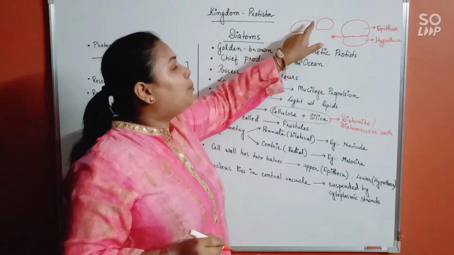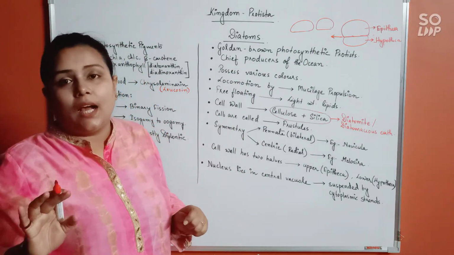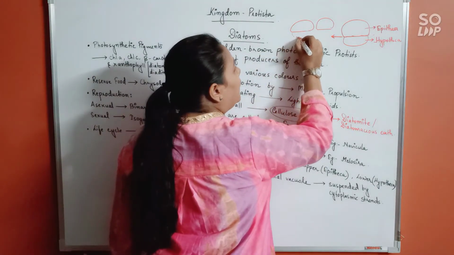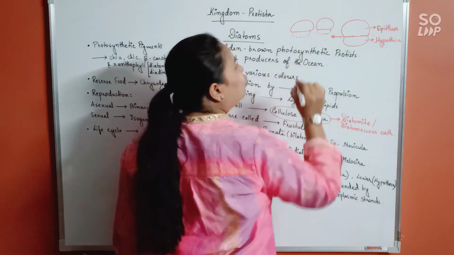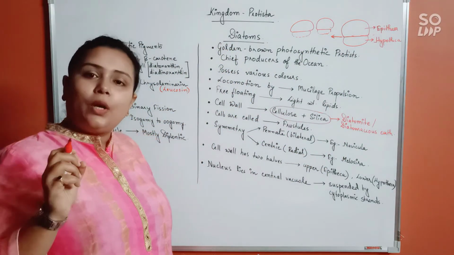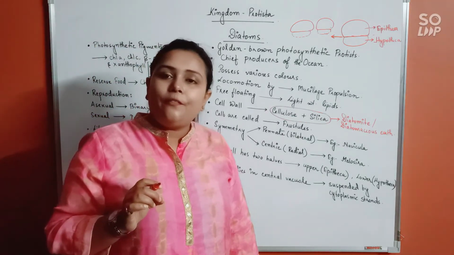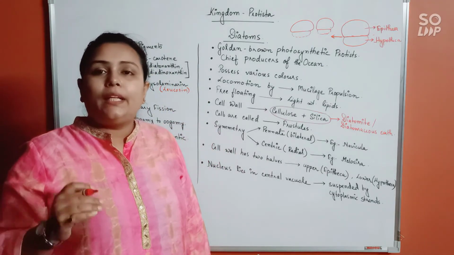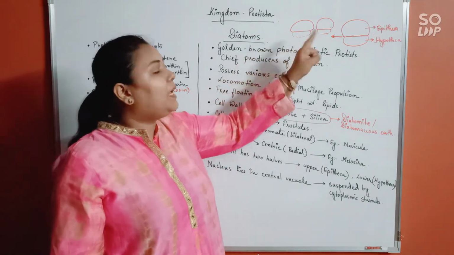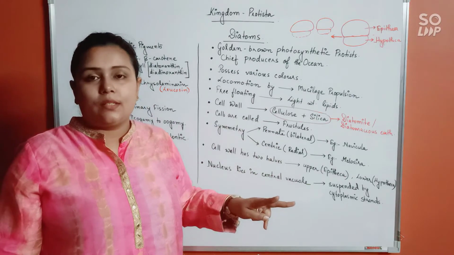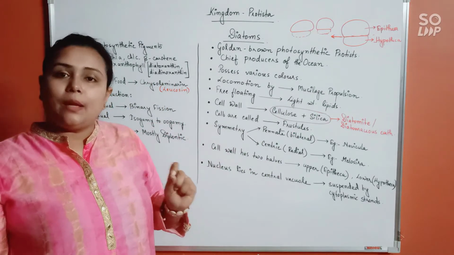So these two will now behave as daughter cells. And the daughter cells only possess their epitheca, so the hypotheca will later be secreted by the cells. Later on, the hypotheca will get automatically secreted by the daughter cells. So what is actually happening? The asexual mode occurs by binary fission. And which type of binary fission? Transverse binary fission, so that the epitheca and hypotheca of the parental cell will separate. And when they separate, they will behave as epitheca of the daughter cells, so that later on, hypotheca will be secreted by the daughter cells themselves. Alright.